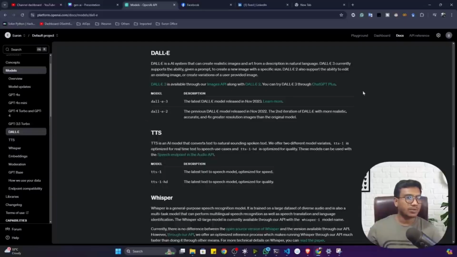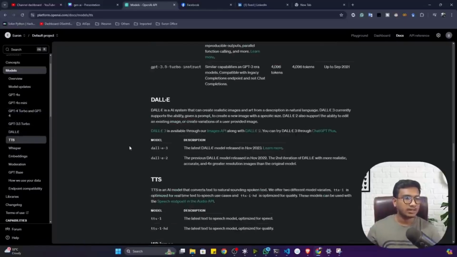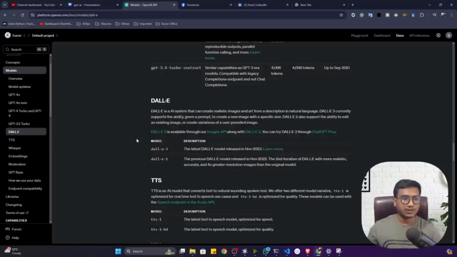So guys, if you go to the OpenAI documentation, here you will see this DALL-E model. As you can see, DALL-E has different versions, like DALL-E 3 and DALL-E 2. DALL-E is one of the models that can create realistic images from a prompt. Let's say you pass a text prompt, and with the help of this prompt it will generate the image. Whatever you ask for in the prompt, it will try to generate that kind of image, and it would be realistic. Now let's see how we can use the OpenAI API to access this DALL-E model, and let's build one